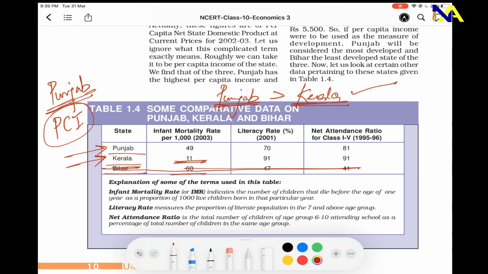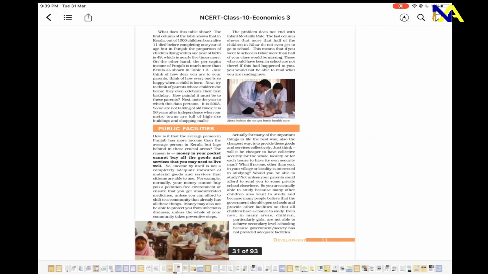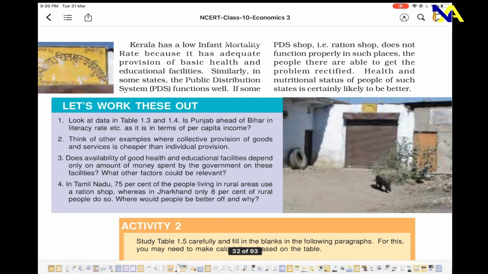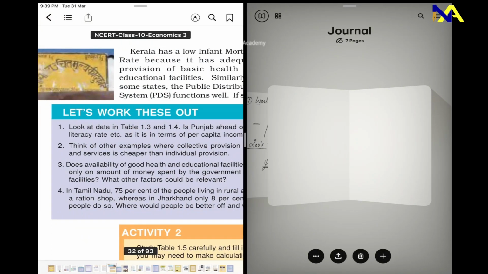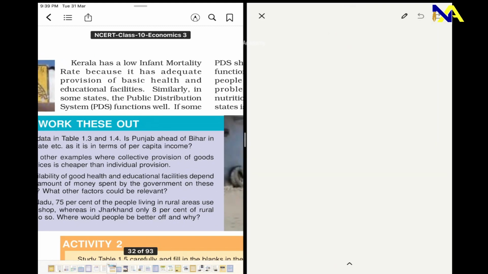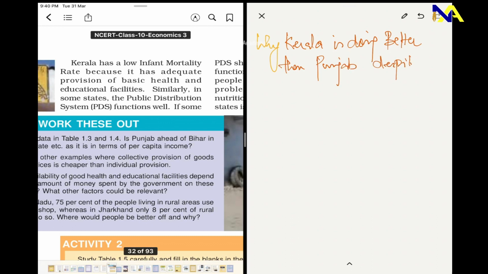So why am I telling you this? Because this makes the fact very clear that more money in the hands of people does not mean better development for the whole society. I want you to go through this as well. See this part over here, as it says on page number 32. Here there are reasons provided why Kerala is actually doing better than Punjab. There are a few reasons. The question comes, why is Kerala doing better than Punjab despite per capita income? Reasons being,